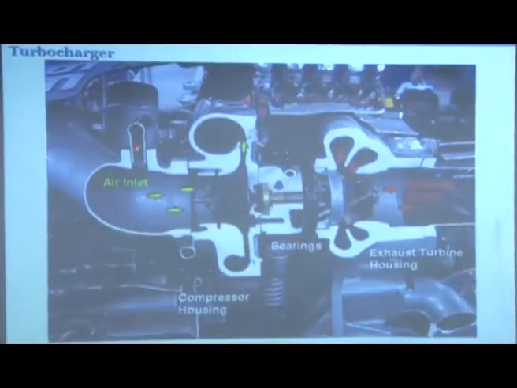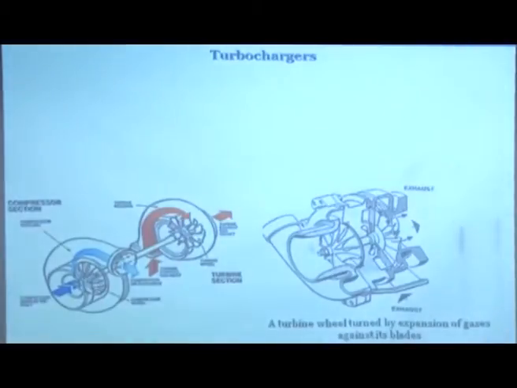And then here you see the air after the filter, the air comes in, and then here, I told you, this is accelerated, and then here the diffuser. So, the pressure is increased, all the kinetic energy is converted into pressure energy, and then it goes out. So, this is how a turbocharger section looks. These are the same things shown in a different manner. This is exhaust coming in, exhaust goes out centrally, intake air comes in centrally and goes out radially. This is shown here also. So, a turbocharger looks like a centrifugal pump.